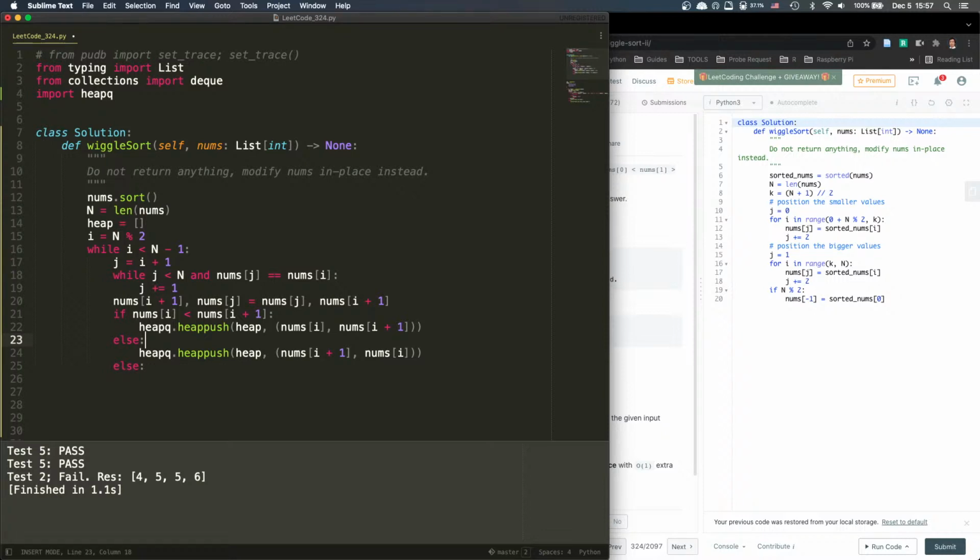In this case, I can use a for loop then. i in range n mod 2 to n minus 1, 2. And then we do all this, blah, blah, blah. Once we're done, we break out. The heap is ready, right? The heap is ready. So we can just say while heap, right? While heap, and we're gonna say